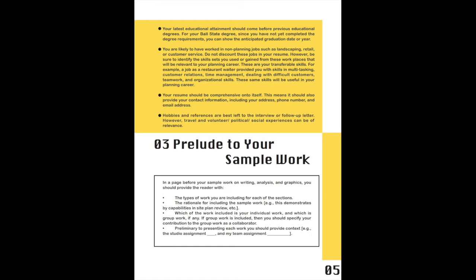Your latest educational attainment should come before previous educational degrees. So as you start to list your educational attainment, you put your latest first. That would be the degree that you are a candidate for, and include the anticipated graduation date or year. And then list your educational attainment in reverse order below that. Do the same for